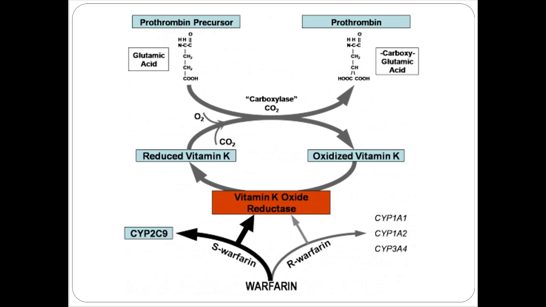So by calling it a vitamin K antagonist, what we're talking about here is this enzyme called vitamin K oxide reductase, which is what warfarin is working on. There's two different enantiomers to warfarin. The S is the more active, which is why it's highlighted here. The R isn't quite as active. But what you get is